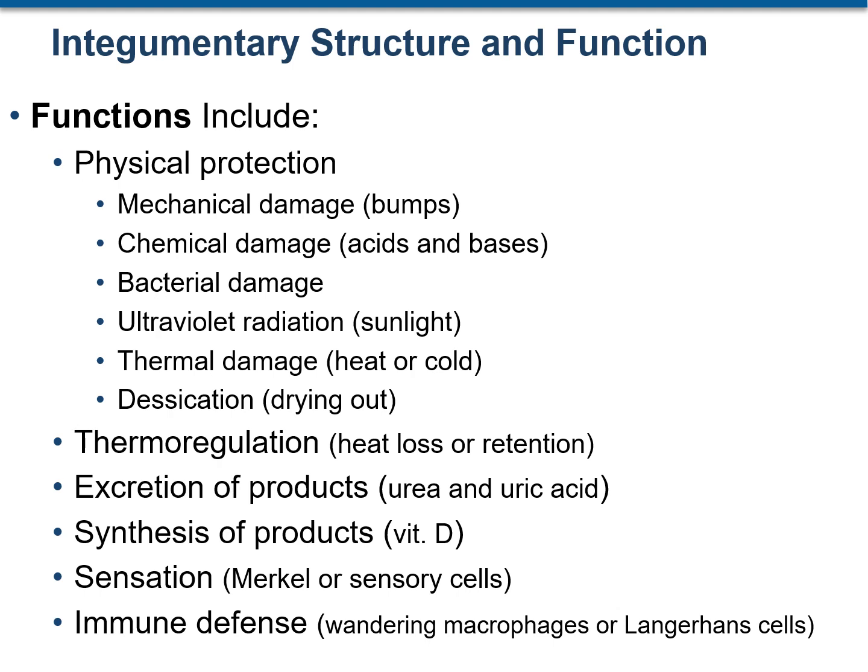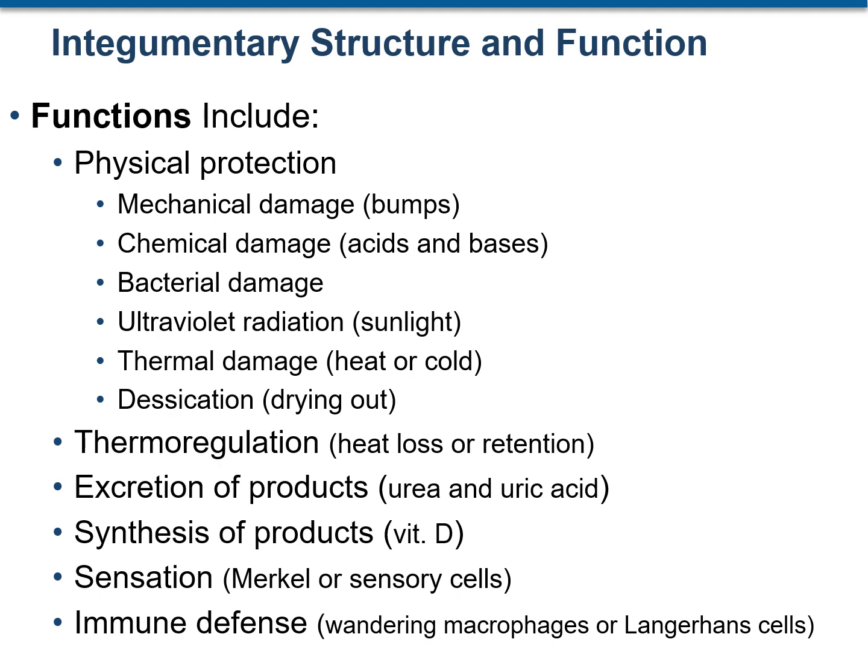Your sweat glands produce sweat which evaporates to cool down your body. So it is controlling and maintaining an optimal temperature of your body. As you sweat, along with the water and the salts that come out with the sweat, there is also excretion of some toxic products such as urea and uric acid. So the integumentary system is also helping in excretion. When your skin is exposed to sunlight, there are certain products that are synthesized. It helps in the synthesis of vitamin D.